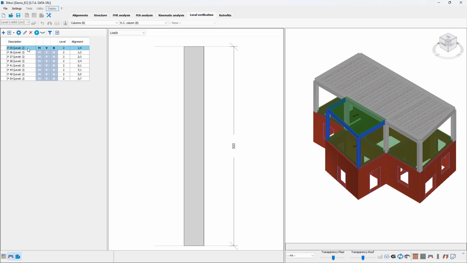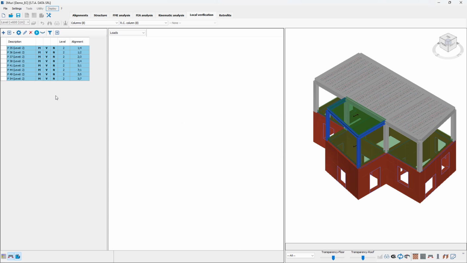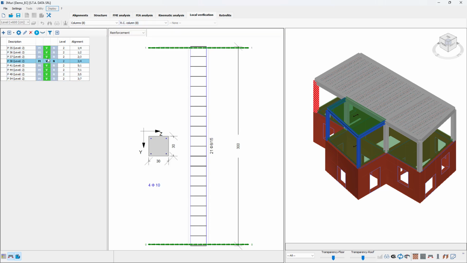In this case, to have all the loads from the structure environment, first I need to perform a static calculation. I have already done it, so I'm going to go ahead and verify all the columns present on this structural model with the results from the static calculation that I made on the FEM analysis module. So as I can see here, all the verifications were made for the reinforced concrete columns, and